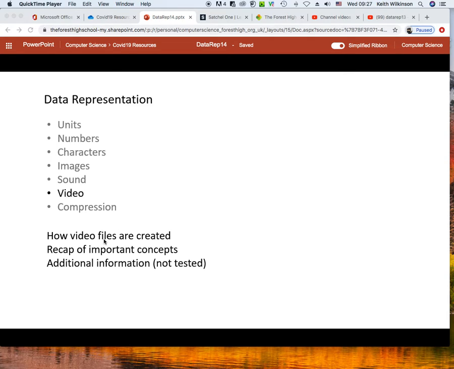And we're going to look at how video files are created and give an example. Then we're going to recap some of the important concepts from the rest of the unit that we've done. So units, numbers, characters, images and sound. We're going to go back over some of that, and I'm going to add some information that was probably not worth it at the time because it may have extended a video or gone off track a little bit and confused you. But the additional information that I'm going to give you is probably not tested, but again, it's something that you really should know about with computer science. So let's crack on with